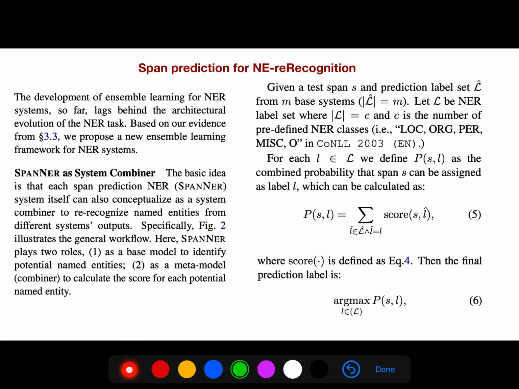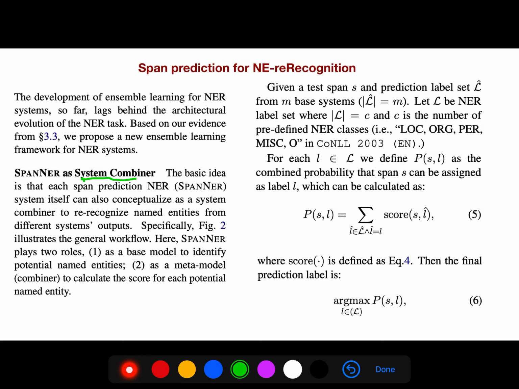Span NER as a system combiner: the basic idea is that span prediction itself can also be conceptualized as a system combiner to recognize named entities from different systems' outputs.